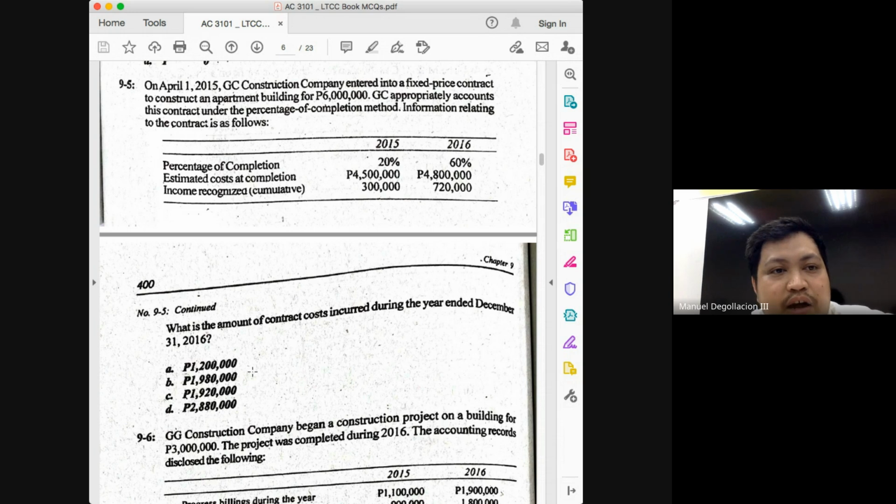Okay, so last question for this problem. How much is the realized profit in 2016? Is the answer 720? Just for the realized profit for the year. 720 is not yet the answer because that is the cumulative amount. What's the next thing to do? Deduct the previous year's cumulative RGP. How much was the cumulative RGP last year? 300. So 720 minus 300, RGP in 2016 would be 420. So in our exam, class, I can be using the same problem, but I will just be asking for different things.